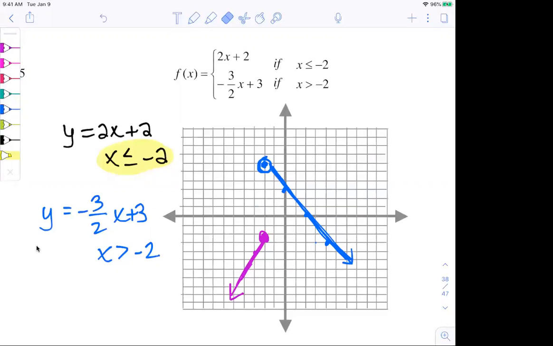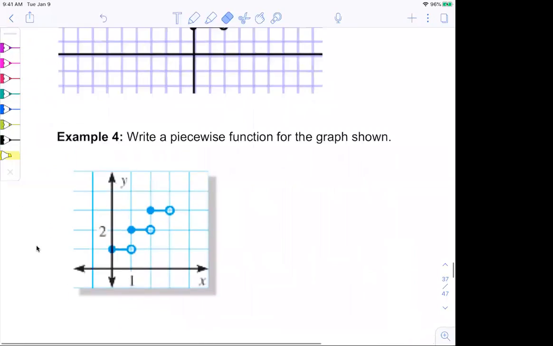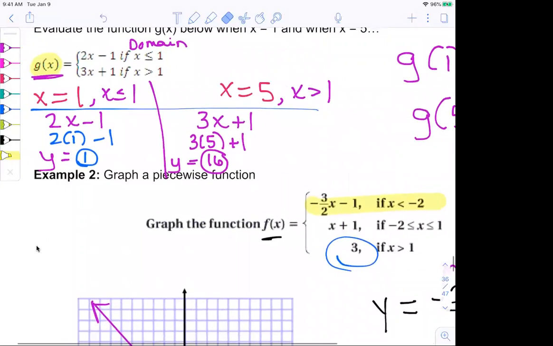So tonight's homework is a worksheet. You have 4 problems that are graphing, 4 problems that are evaluating. Don't make the evaluating harder than it has to be. So you're plugging one number into one equation. You get one answer. Then you're plugging a second number into one equation. You get one answer. Maybe make yourself a little T-chart so that you can just kind of keep them separated. But like you're picking an equation, you're plugging in x, you get out an answer. That's the evaluating. Does anyone have questions?